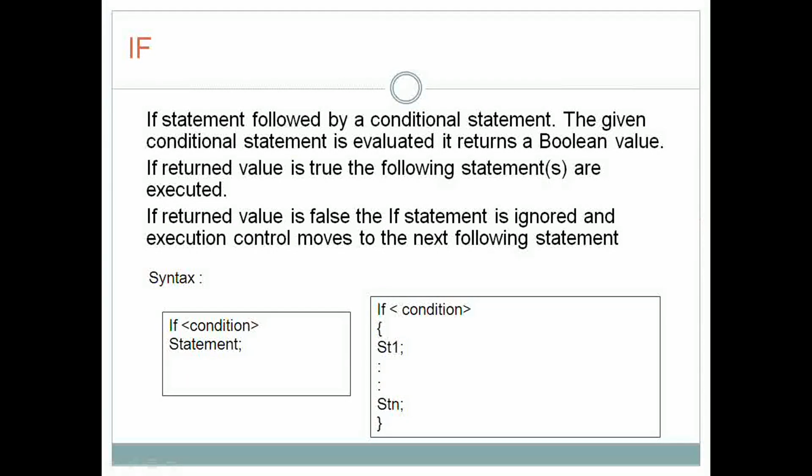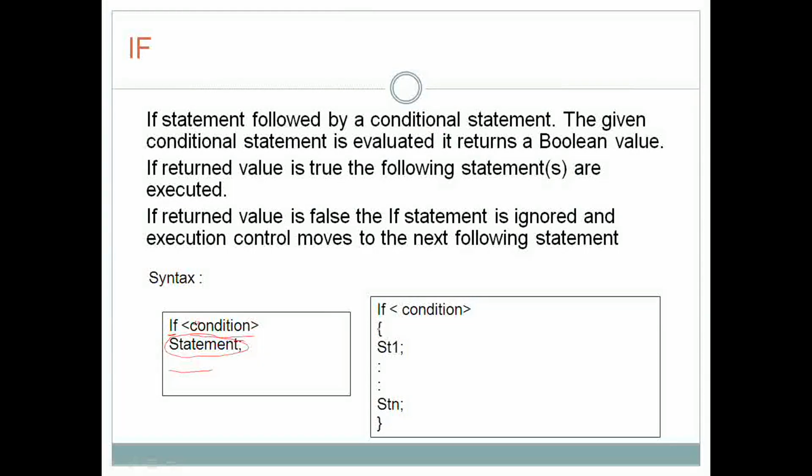For example, in this syntax, if followed by a condition, if the condition is true, it executes this statement. If the condition is false, it executes the statement which is outside the if. Here the block is not given because we are executing only one statement.